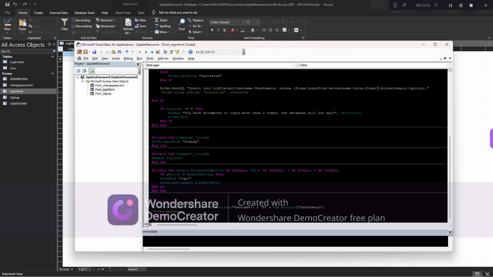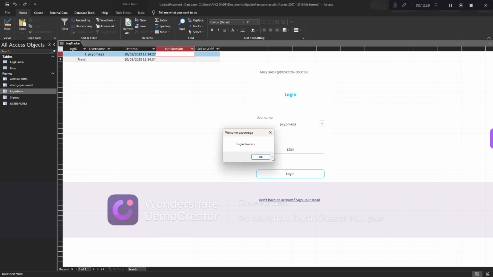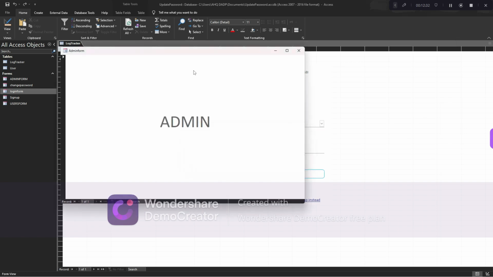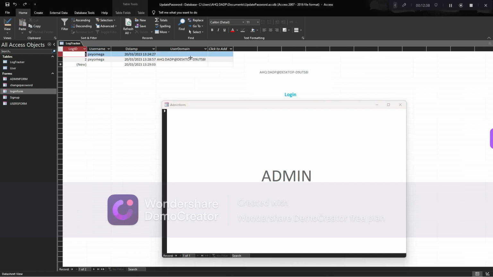So instead of this, I will just use forms, login form and then label this .caption. Okay, so let us try this. This should work perfectly fine now. So if I try to log in again, login success. All right, so let's refresh this. You see, this is the second attempt and it has gotten the user domain. So now you know that this particular user logged in around this time with this particular